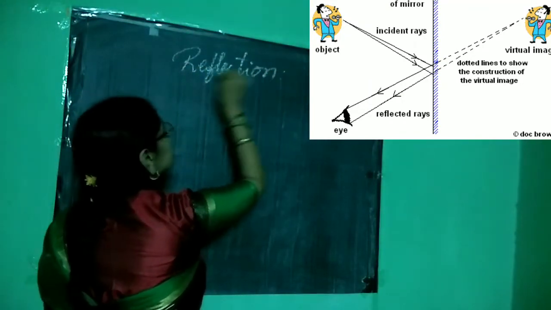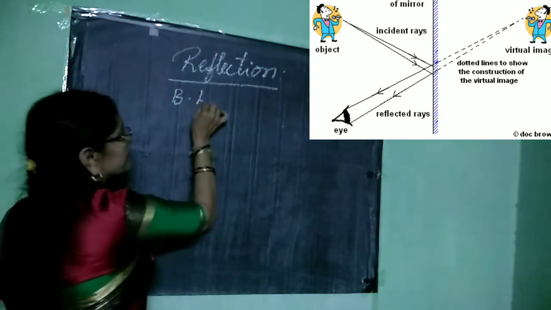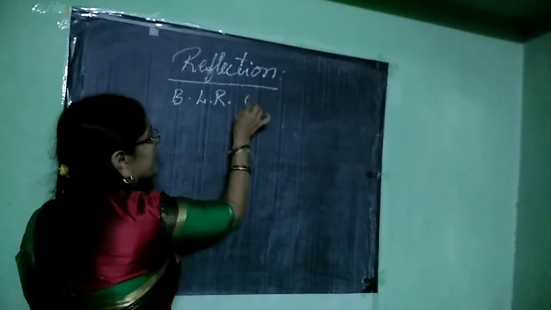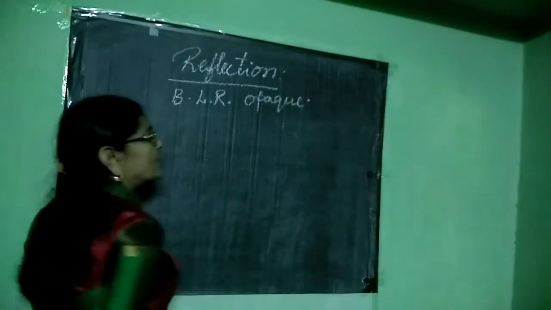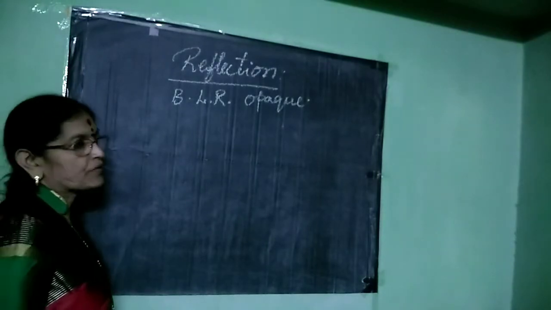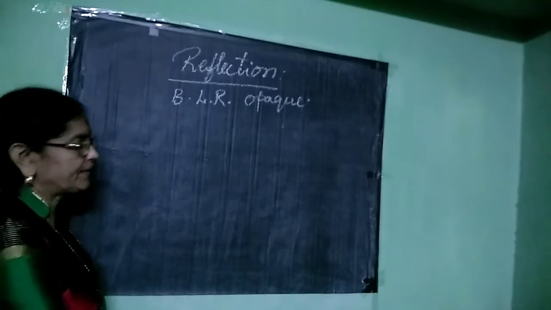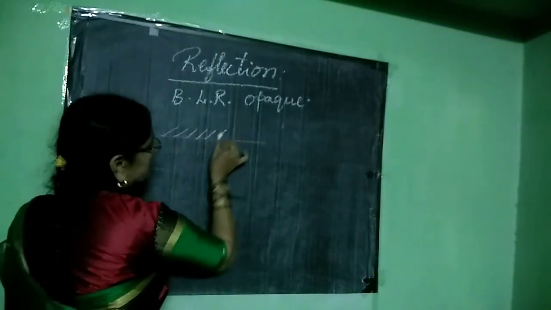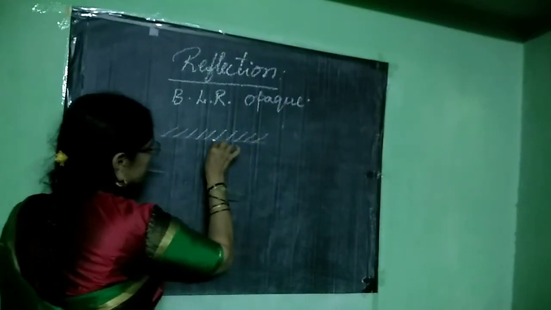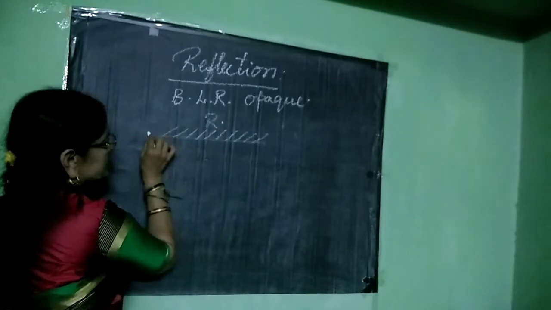Reflection is nothing but bouncing back of light rays whenever they are hitting an opaque object and traveling into the same medium. Bouncing back, that is, whenever light rays are hitting a reflector, they will be coming back into the same medium. Suppose this is the reflector. Think that this is a plane mirror,